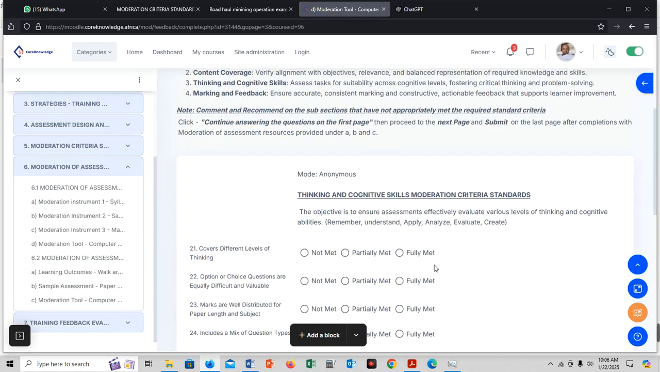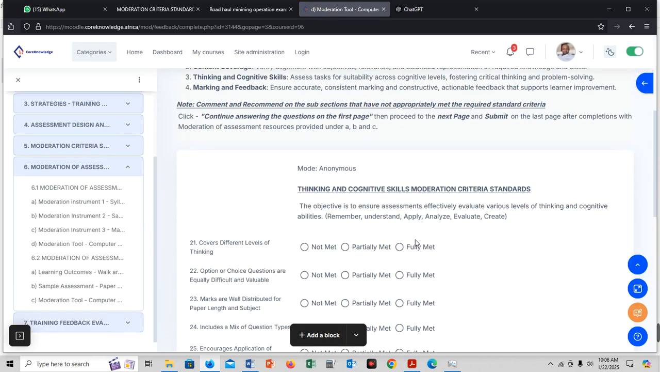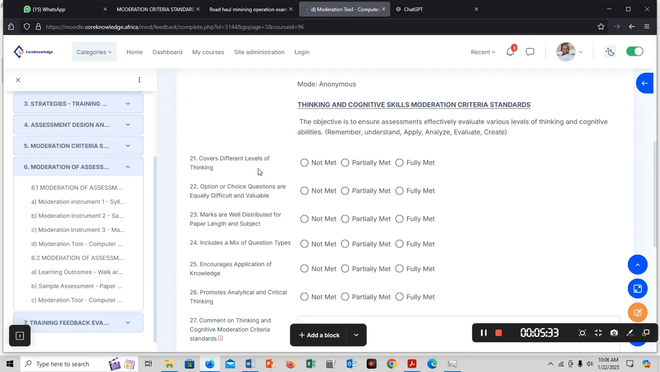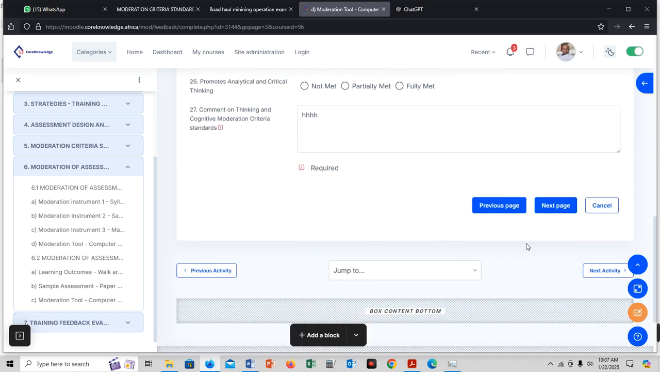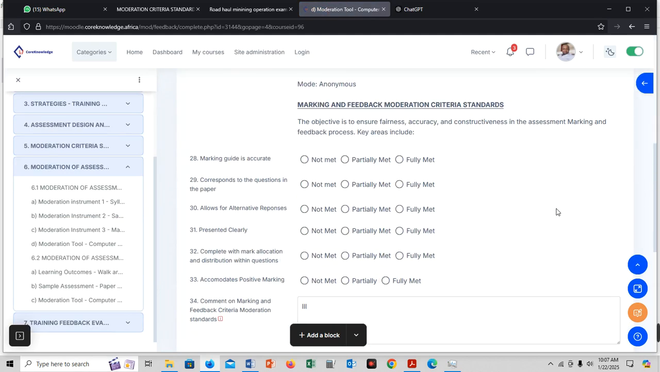Now you're going to be provided with thinking and cognitive skill moderation. This gives you an idea of what you need to do. It covers different levels of the assessment, and you can go all the way down to encourages application of knowledge, promotes analytical thinking. So you're looking at your paper and looking at this aspect. Okay, now when you have time, proceed to the next one, and then you're going to find the marking